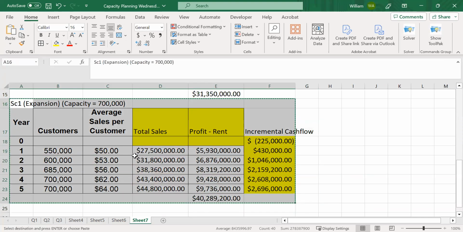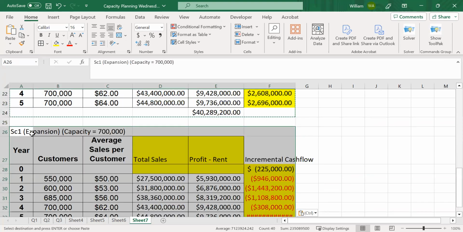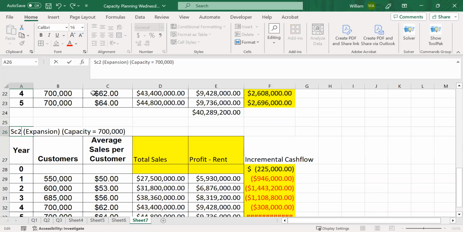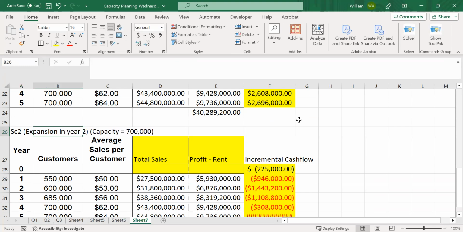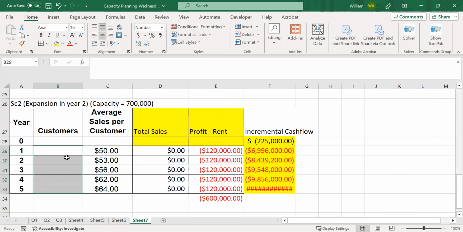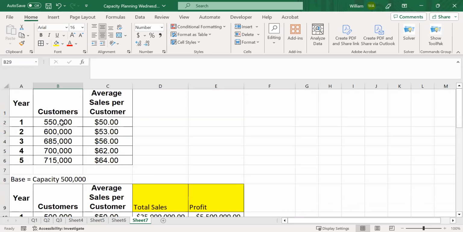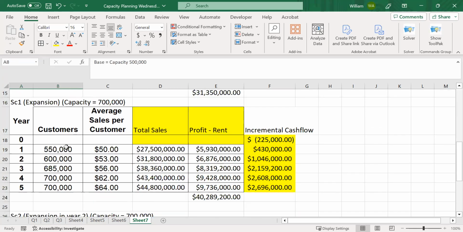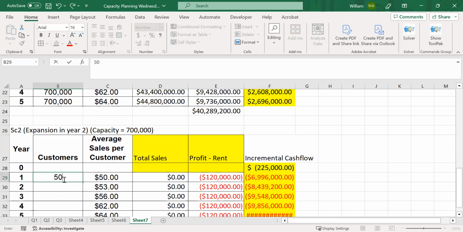So I'll copy, paste this down here, and I'm going to call this scenario 2. Expansion in year 2. Okay, let's get rid of this customer data here because I want to recalculate it again. All right, let's see how many customers we can accommodate in year 1. Remember for year 1, this is before the expansion. And that means that we are limited to the initial capacity of 500,000 because we've not yet expanded the facility. So for year 1, we will only have 500,000